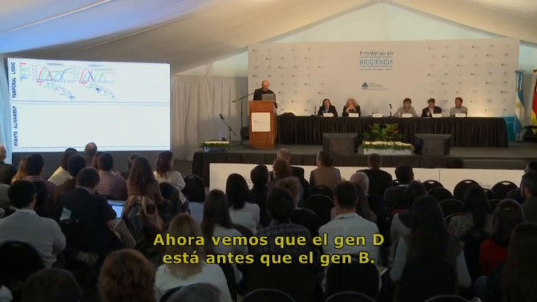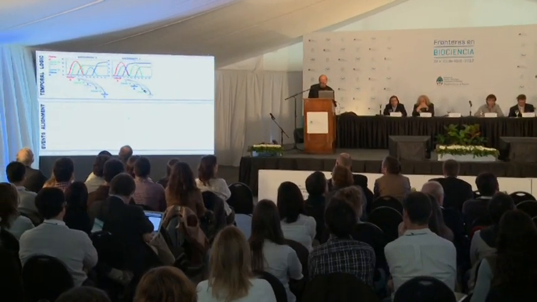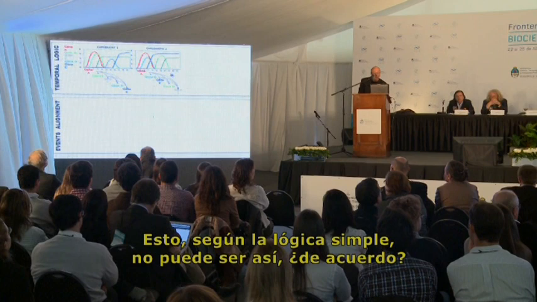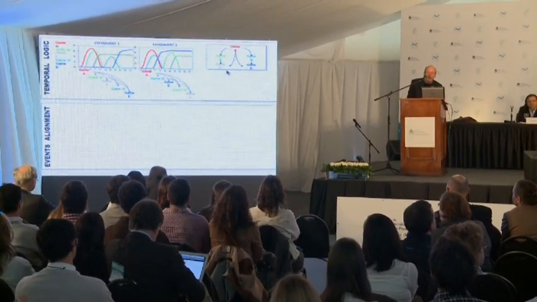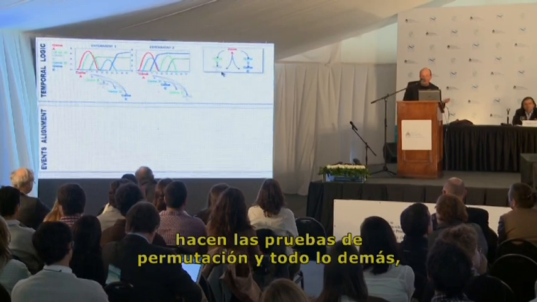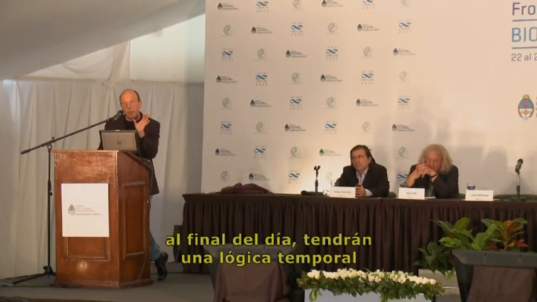Gene D is coming before gene B. So this simple logic cannot be true, okay? So if you do that now with more and more genes, with all the 8 conditions, and again you have to do permutation tests and so on, then you end up at the end of the day with a temporal